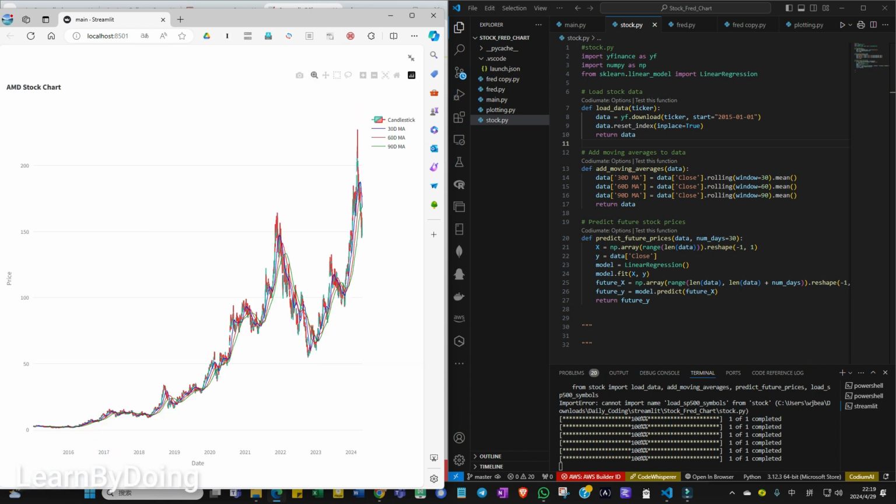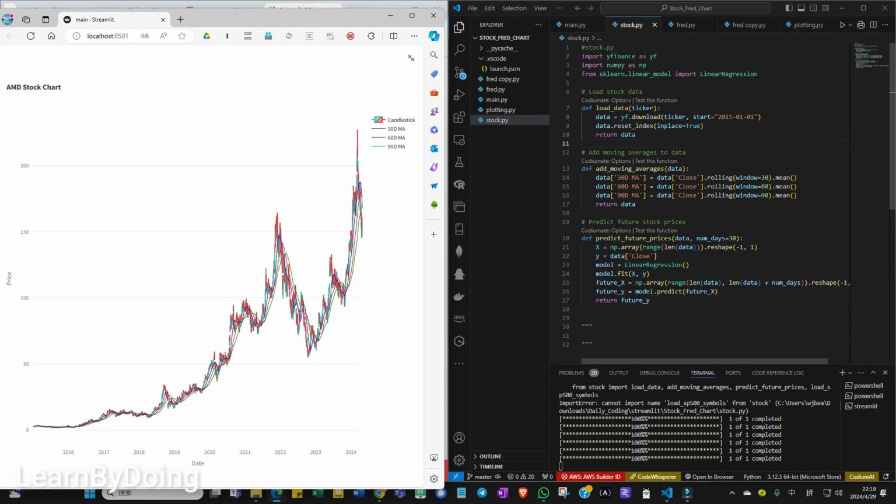Let me try this one. Empty stock. Let me check. Yeah, you see, it only goes to the available information, 2024 March of the data source. So it does not add the prediction data here. But I mean, you can do a lot of work to modify, manipulate the data set, but the main idea is here. First of all, to use the YFinance package to actually get the data from different